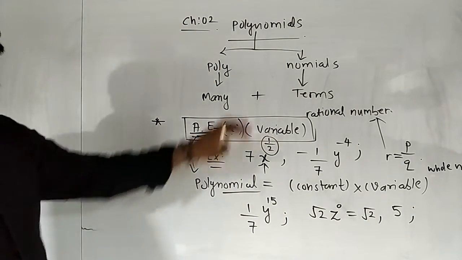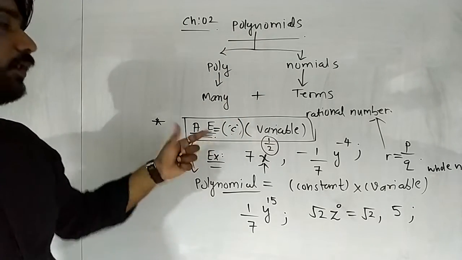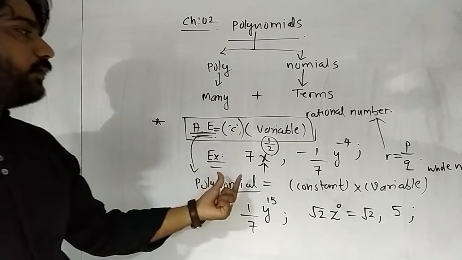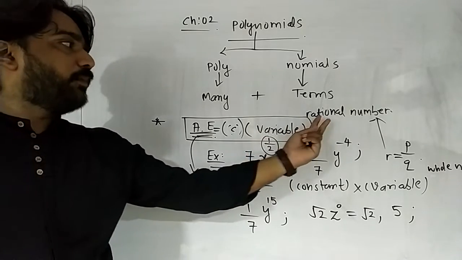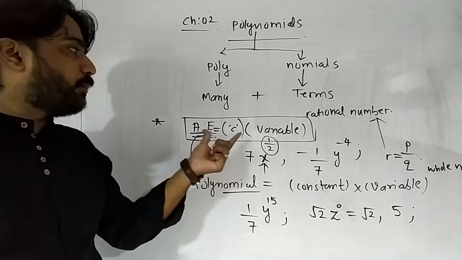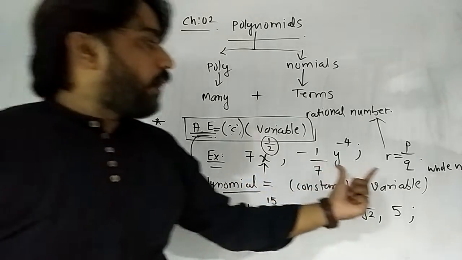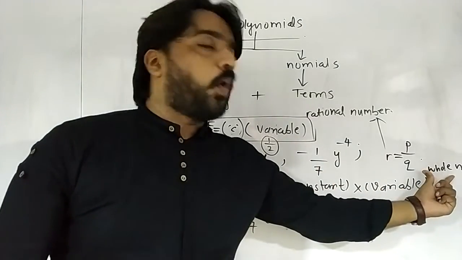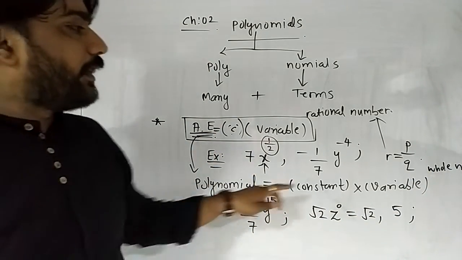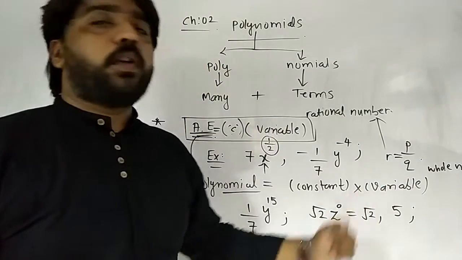So first of all, what we have learned? Meaning of polynomial, many terms. Then we have understood what? Algebraic expression. Algebraic expression का meaning क्या होता है? Constant into variable. Power of variable can be any rational number. Polynomial is a special case of algebraic expression in which the power of variable is what? A whole number. Yeah? So the difference between algebraic expression and polynomial is what? The power or degree of variable is a whole number in polynomial.